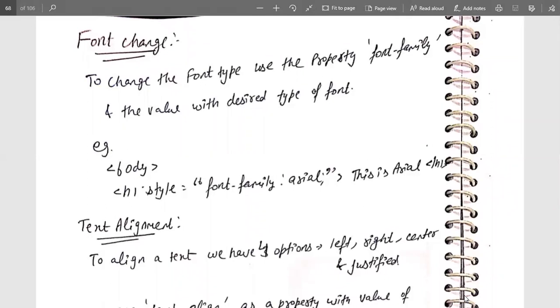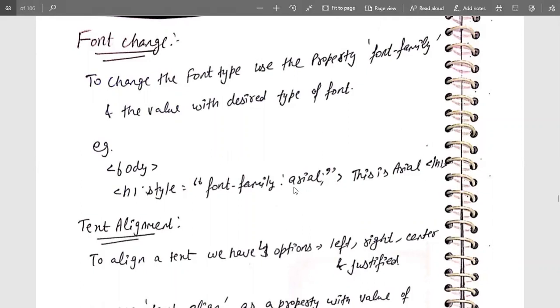The property and value are separated with the help of a colon. So let's start with the example. Here the body starts in an HTML tag, and then the heading tag h1 refers to the first heading, which contains the attribute style, and that style contains the property font family, which has a value of Arial.